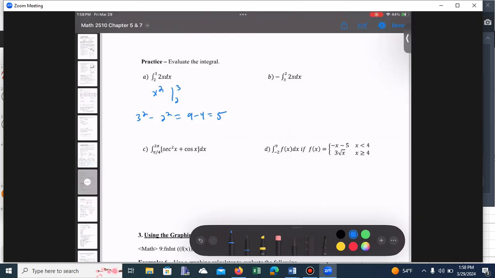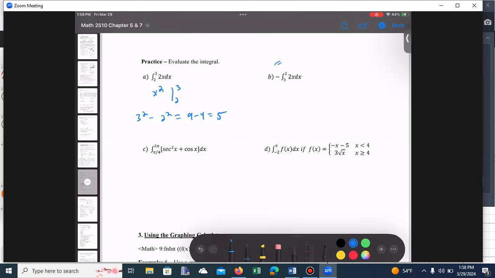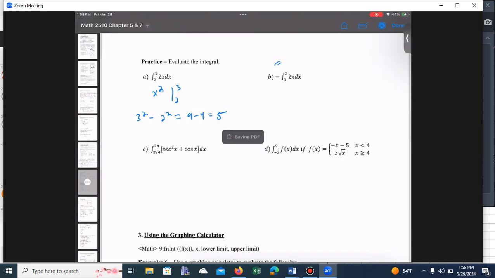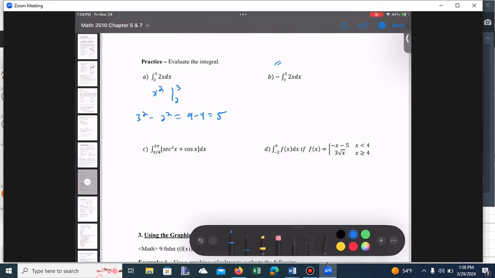Now, if we evaluate the integral from 3 to 2, we're going to evaluate the negative integral from 3 to 2 of 2x dx. We're going to show that this is going to be the same as the integral from 2 to 3 of 2x dx, which is what we just found. We're going to show it by actually doing the integral with the negative sign. So we'll have negative